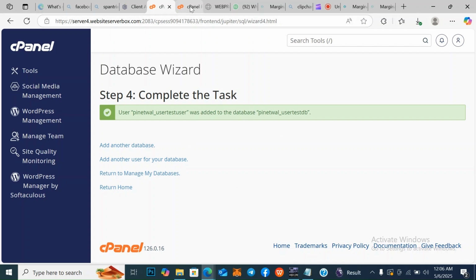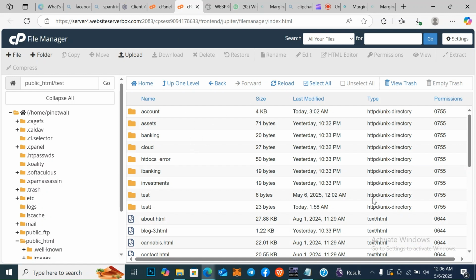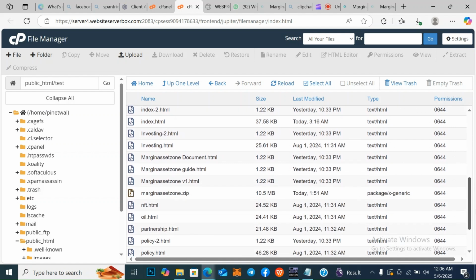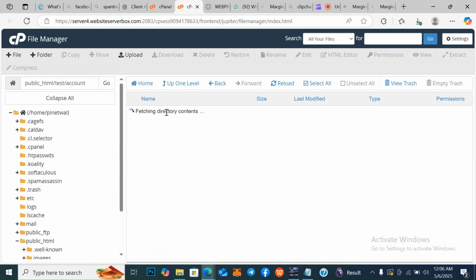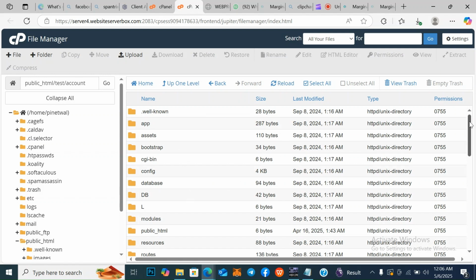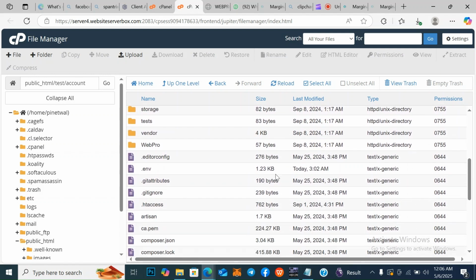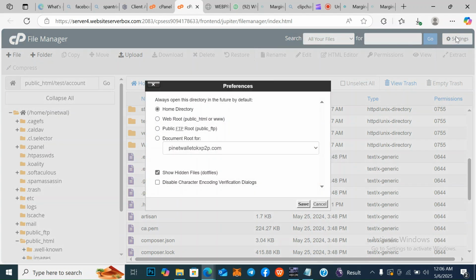So all we have to do now is come back into your file. Then when you are here, this account folder you are seeing here, open it. Then scroll down, you are going to see .env file. But if you cannot see .env file on your own, you don't have to worry. All you have to do is come here over these settings here, click on settings, then check this box here, show hidden files,